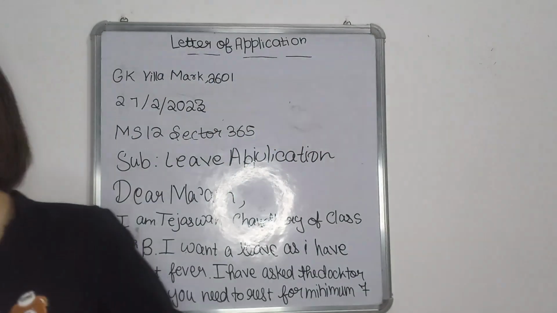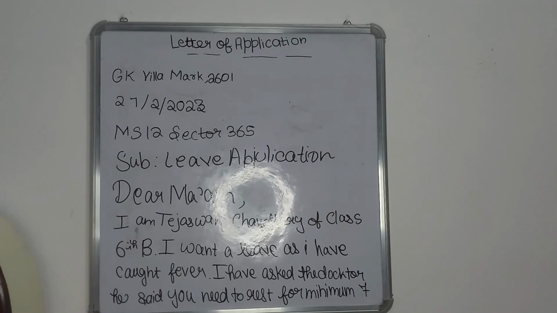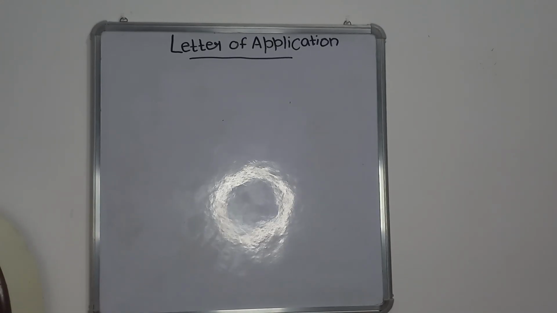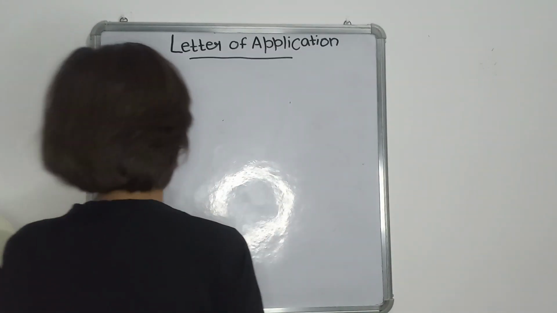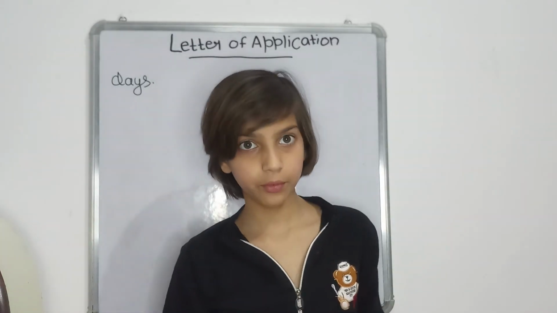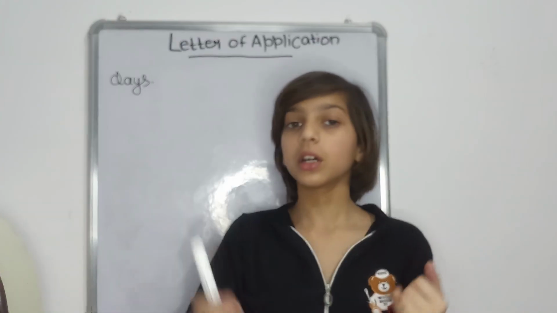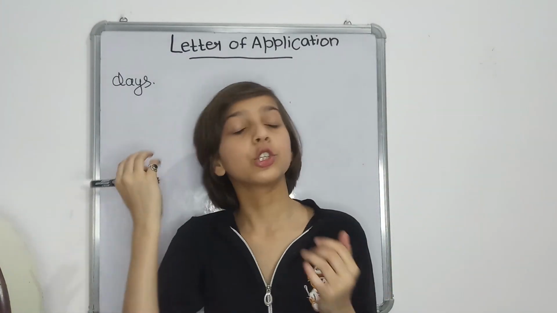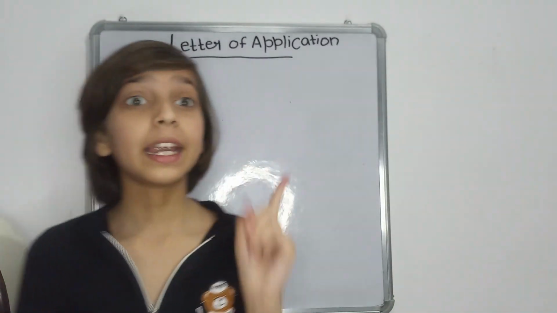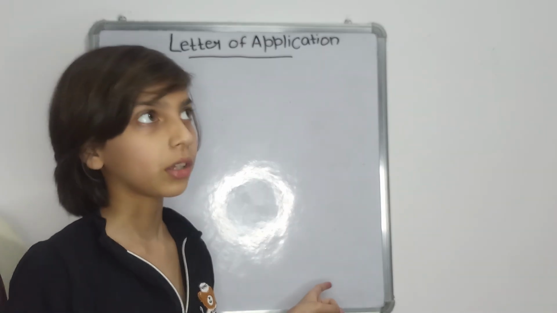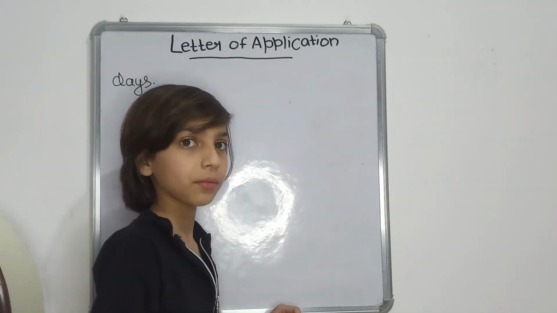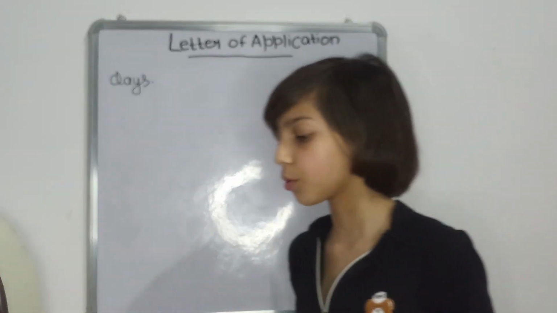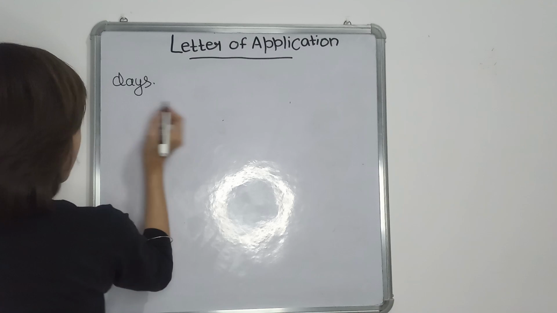Now let's come to the next. So for minimum 7 days. Then we already told the reason, name and class. Then we already told the reason why we are taking a leave. Then the duration of the leave, and then what was that? Kindly grant me 7 days leave. Okay. So we had written 7 days leave here. We can also write a week leave. I want a week leave. Then after leaving a line, right here,